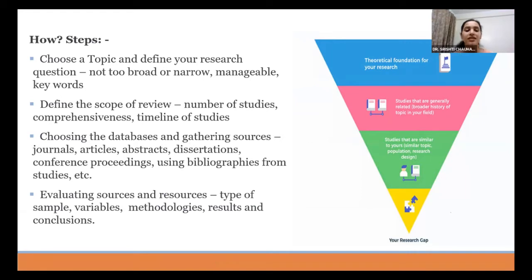Then talking about evaluating these sources and resources. So evaluation means, again, as I said, type of sample, what kind of individuals, or say household study है या individual level पर है, what are they studying, variables क्या है, methodologies क्या है, results और conclusions क्या है. So as you can see, it is more like a pyramid, that first you have theoretical foundation, then you go on to studies that are generally related, then you further narrow it down to the studies which are of similar topic, population or research design jinka similar ho,